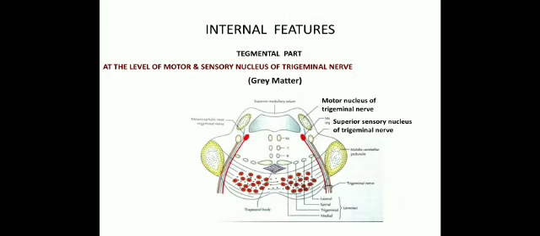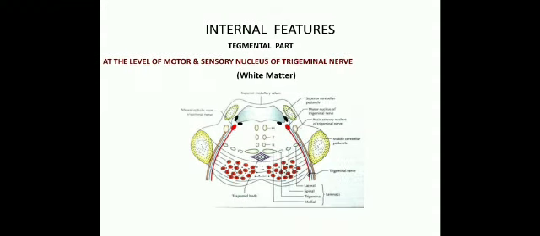Next, the tegmental part at the level of the motor and sensory nucleus of the trigeminal, that is in the upper part of the pons. The grey matter includes the motor nucleus of the trigeminal nerve and the superior sensory nucleus of the trigeminal nerve. The motor nucleus is medial to the superior sensory nucleus. Then the white matter at this level includes